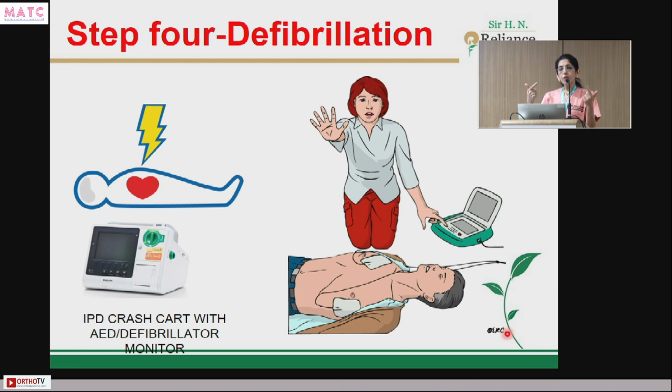Now you have called for the emergency response system. Now if you have the rescuer who has come with the AED or crash cart, then you have to attach either the AED or use the defibrillator in the hospital scenario. If you are in the airport or a mall or somewhere where the AED is available, then attach the pads. So what are the 4 steps for starting the AED?